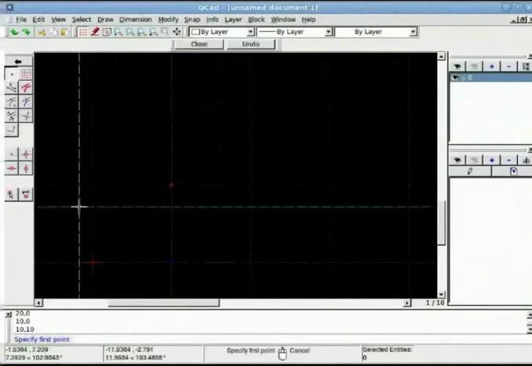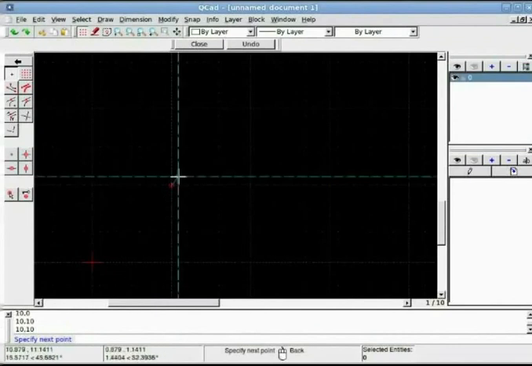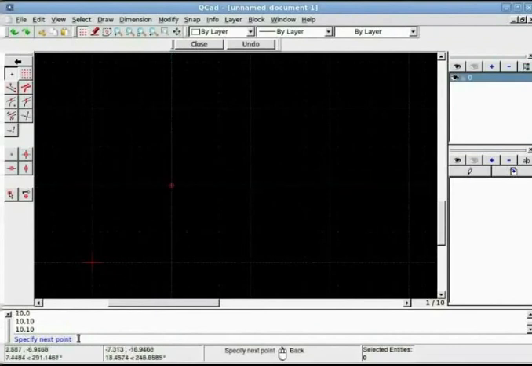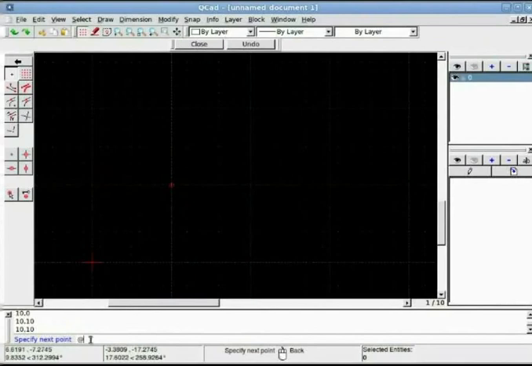Go back to the Line tool, line with 2 points. To specify the first point at the command prompt, enter 10, 10. Again x and y axis. It is going to put a point at the 10, 10 distance. For the next point, now that we are using the relative system, we have to put the @ symbol, the at the rate. Whenever we want to use the relative system, the @ symbol is a must. After that, I want to draw a horizontal line in the 3 o'clock direction of 10 units. So the x value is 10, so I put @10,0 because the y value is 0 here.